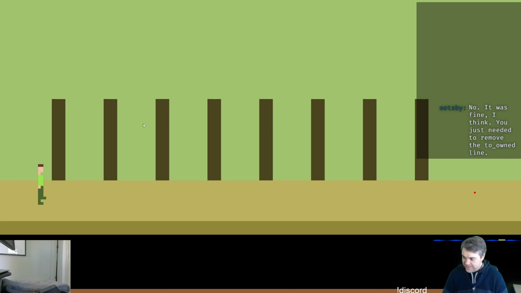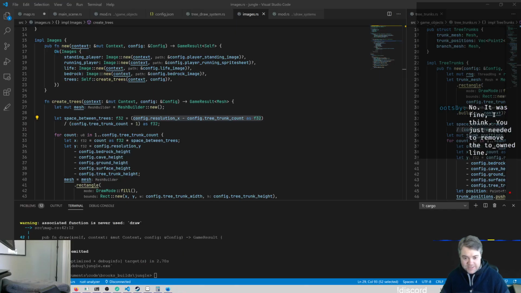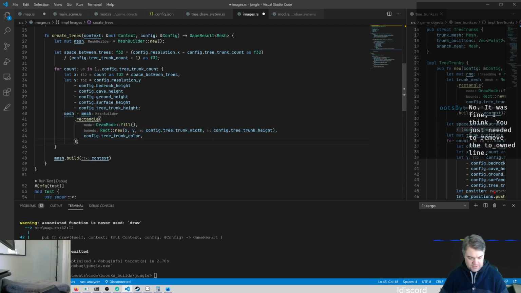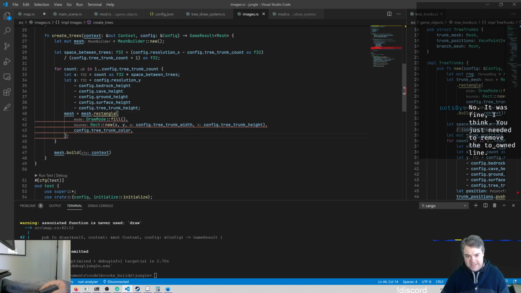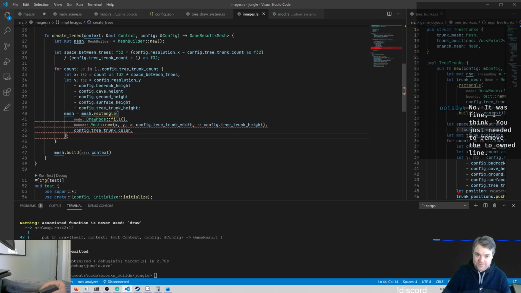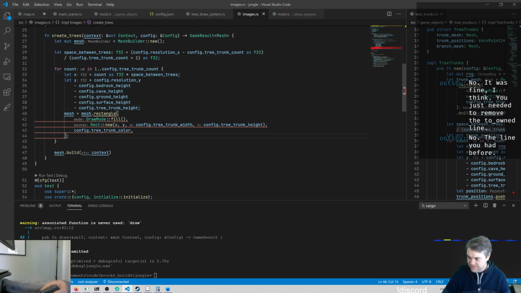It was fine. I think you just need to remove the 2-owned line. Oh, I absolutely have to have that because it's returning a reference to it. If I remove the 2-owned line, it's going to yell at me, because I can't actually assign mesh to the result of creating the triangle because it's a mutable reference as opposed to just a full owned. So to make this work,